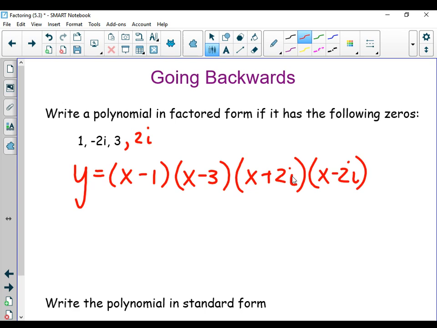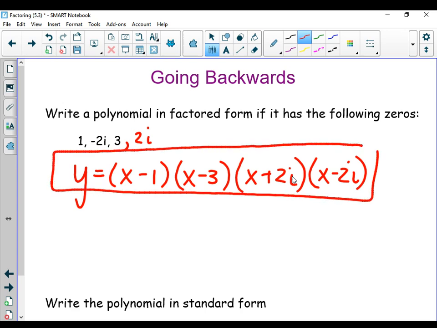If you were to multiply these out and you still had an i in your answer, you're wrong, okay? That's why the complex conjugate has to be there. Because when you actually find the polynomial that fits this, there doesn't need to be an i in there. So that's why we do the complex conjugate, because remember the i disappears when that multiplication happens. So those always happen together. So if they say to leave it in factored form, like I said, you say thank you.